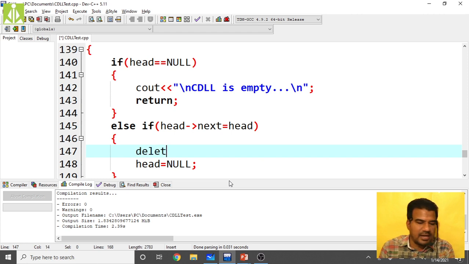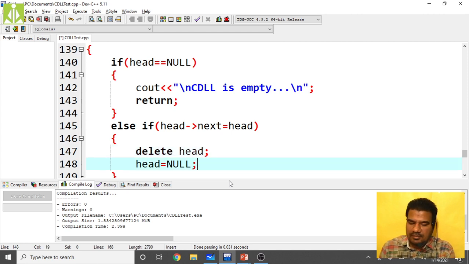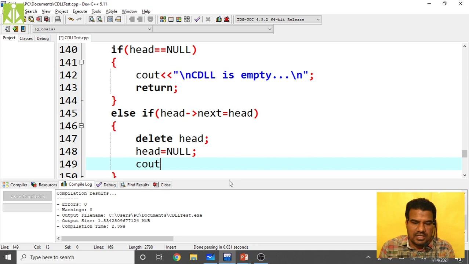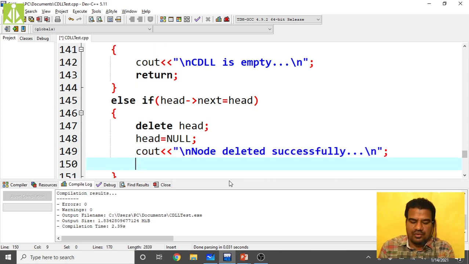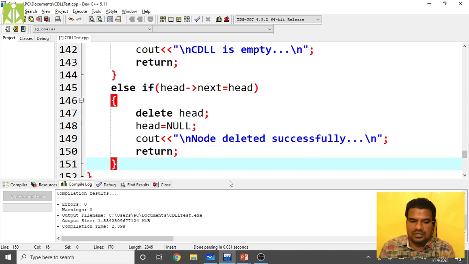Delete head, then make the head as null. Then cout, print that message. Node deleted successfully, and then return from here itself. So this is what we have to do.